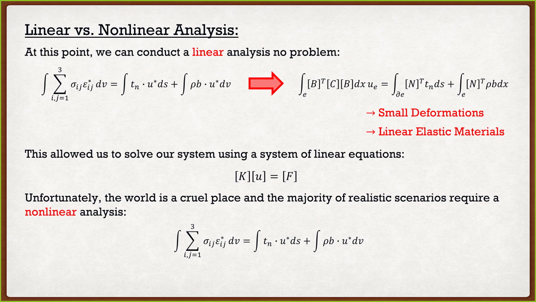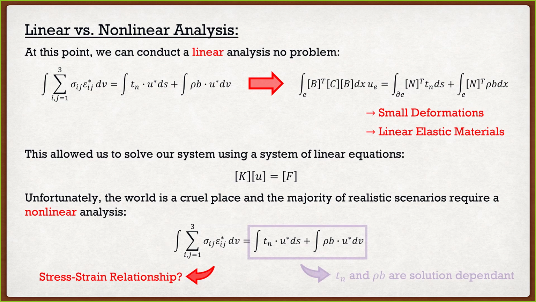That equation that we had above, that we simplified, doesn't simplify as much. First of all, we don't have a nice stress-strain relationship. And another thing too is when we're dealing with different materials, the stress-strain relationship is of course going to change. My stress-strain relationship for steel is going to be different than concrete, something like that. Another thing too is those loads that I'm placing on my structure, they're actually dependent on the deformation of the structure itself.